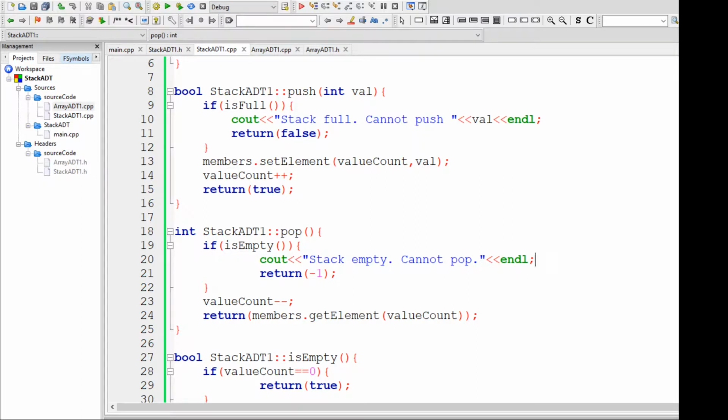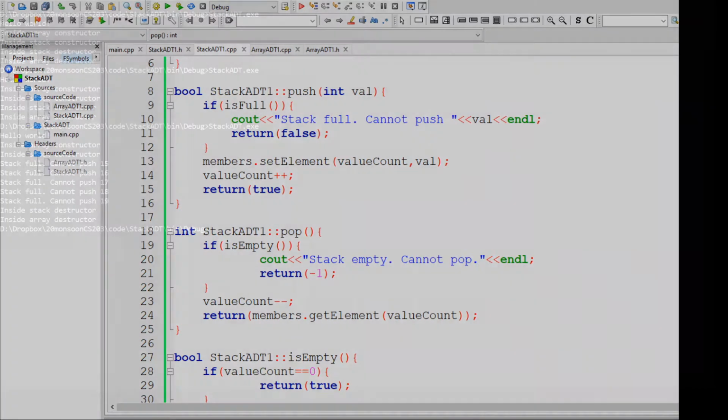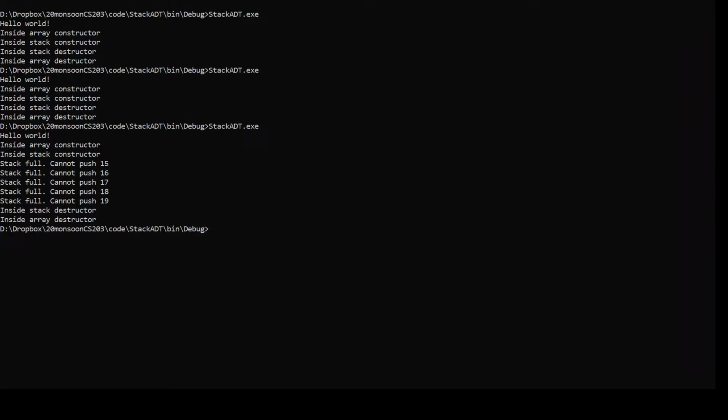So it's compiled fine. Now let's go back and execute. Okay. So now we can see that we start getting the stack full message when we try to push 15. Values from 10 to 14 were pushed onto the stack successfully.